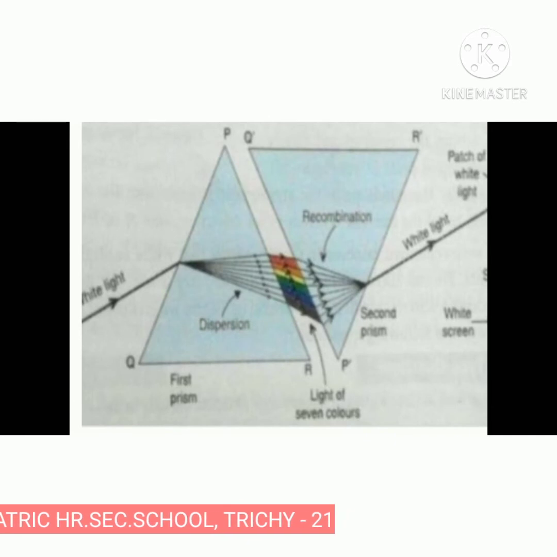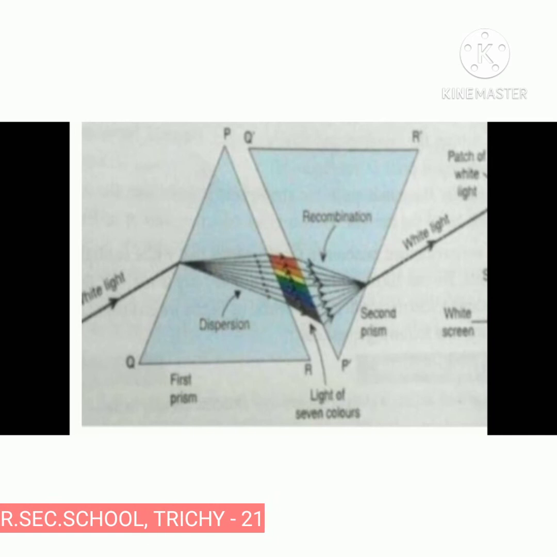Now place another prism in its inverted position between the first prism and the screen. Now what do you observe on the screen? You can observe that white light is coming out of the second prism.